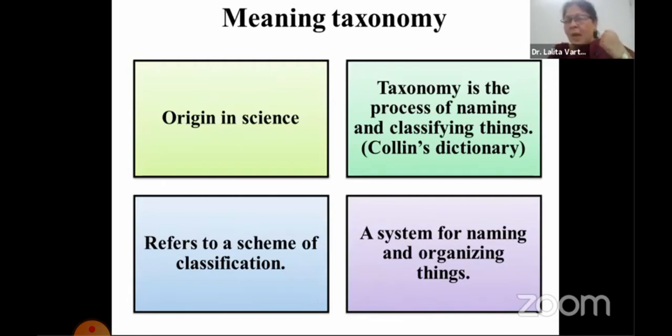For example, when we talk of the field of education, we have different aspects within it, like educational philosophy, educational psychology, educational management. So we have classified the broad category of education under different things. And even under those disciplines, we have further topics or content which we divide. Now there is a hierarchy, you will realize, when we are talking of taxonomy. So taxonomy is nothing but a system for naming and organizing things.